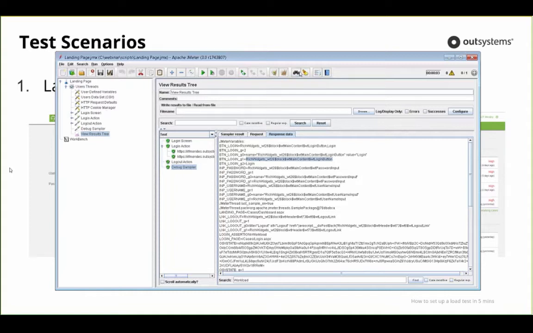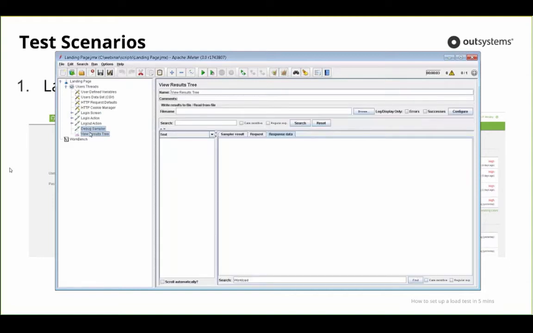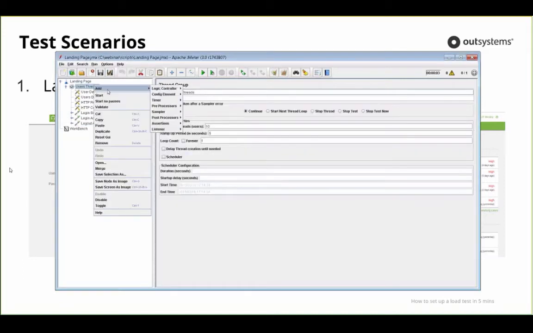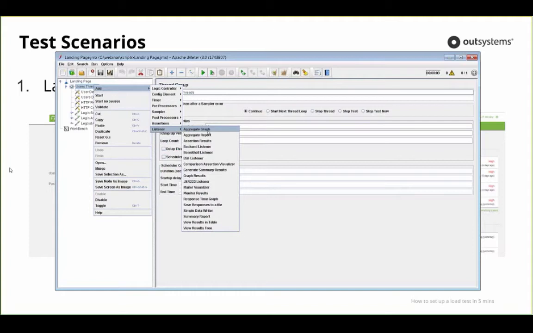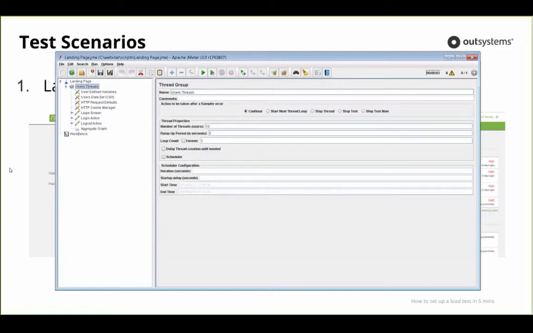So let's clean this. Let's remove these elements because we have fine-tuned the script, and let's add other listeners to show different ways that you can look at the results collected by JMeter. So let's use, for instance, an aggregate graph, which will perform several aggregations over the collected data, as well as display a graph of the average response time for each request. So when you launch the thread,